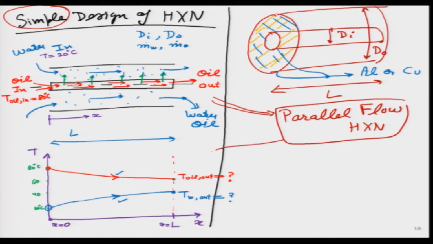And as the name suggests, and we can see with the help of these arrows, the flow is taking place in the parallel direction. Both are going from left towards the right, right. And this is the 2-dimensional sketch, the side view of that particular schematic, and this is the 3-dimensional view. So, we have got an understanding that with the length L, inner diameter di, and outer diameter do, how things are working over here. But we have not done any thermodynamic calculation, neither have we done any heat transfer calculation, because we want to start slow just to get a feel of what is the new thing that we will study in this topic.